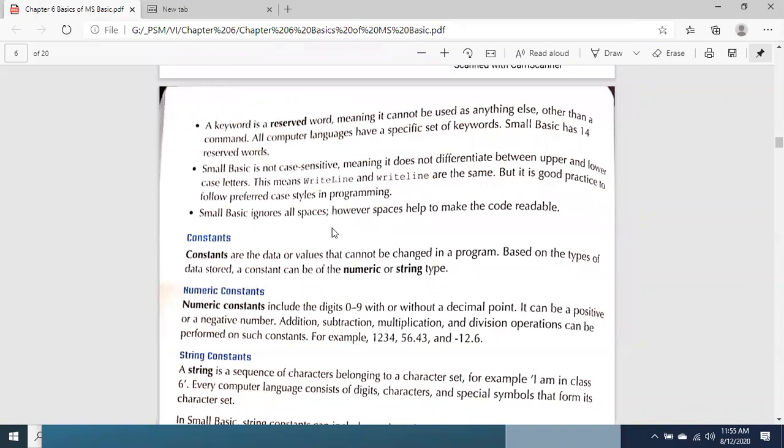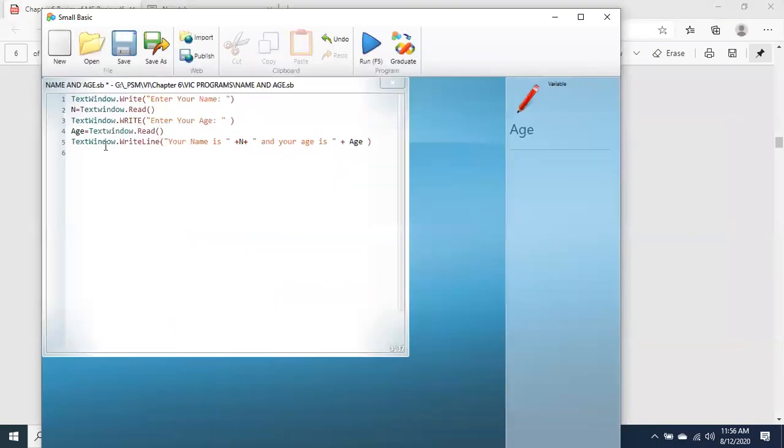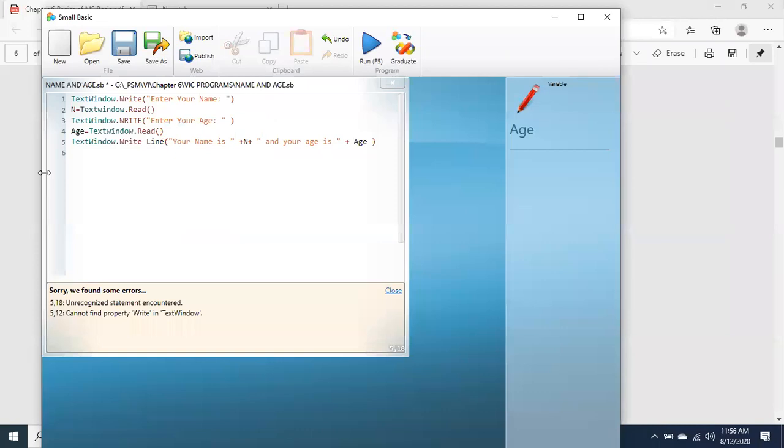Whenever we are using spaces anywhere in the coding, keep in mind that the space should not be in the coding words, for example, amongst the keywords. If you are using them amongst the keywords, then it will become a problem for you. Why? Take this example. If I make a space over here in write line, अगर यहाँ स्पेस दे दूंगा एरर आ जाएगा. देखें अब आप लाइन नंबर 5, the error is there in line number 5.